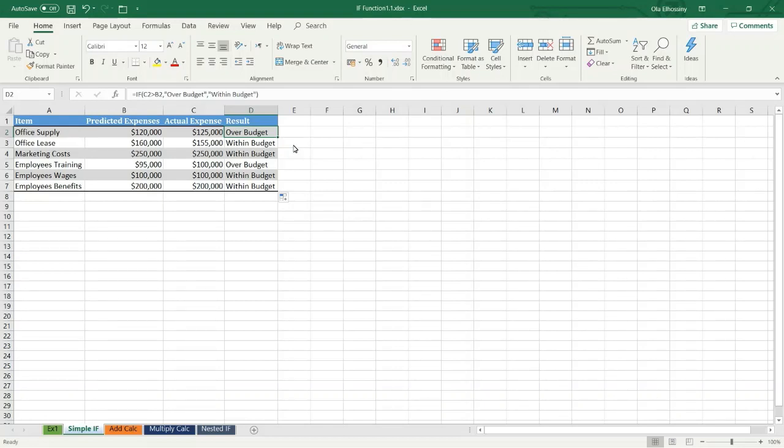And in this one, because the actual expenses are less than the predicted expenses, the if statement returns within budget. In this one, because the actual expenses are equal to predicted expenses, the if function returns within budget.